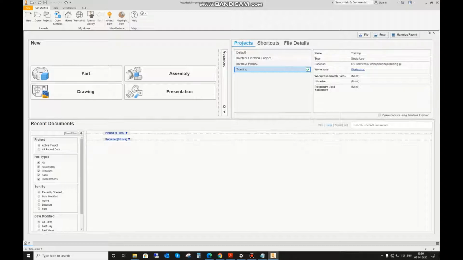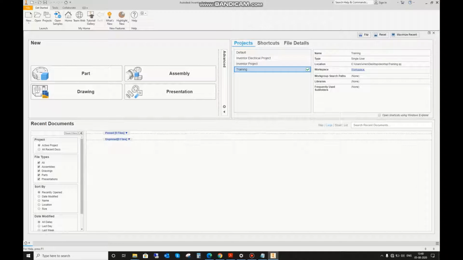So what happens in top down is we create each and every part individually, and then they come together to form an assembly. In the bottom up approach, we will make a skeleton sketch which can be used to make a whole assembly, and we don't have to make parts individually. And the third approach is the middle out approach. In that approach we do mixed modeling, a bit of bottom up and a bit of top down.